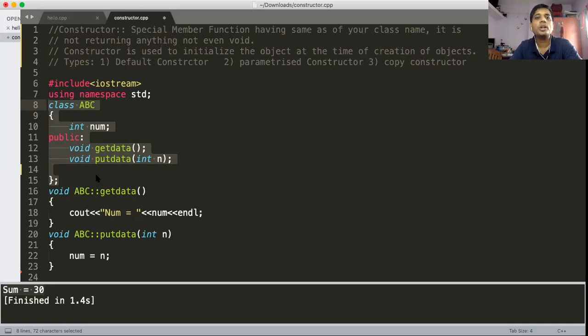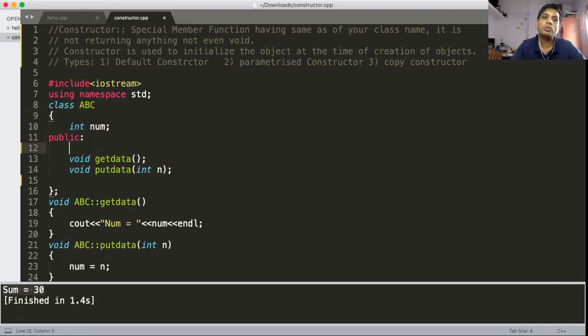But here you can write your own default constructor also. So how to write your own default constructor? You have to specify the name of the constructor, which is the same as your class name, ABC.